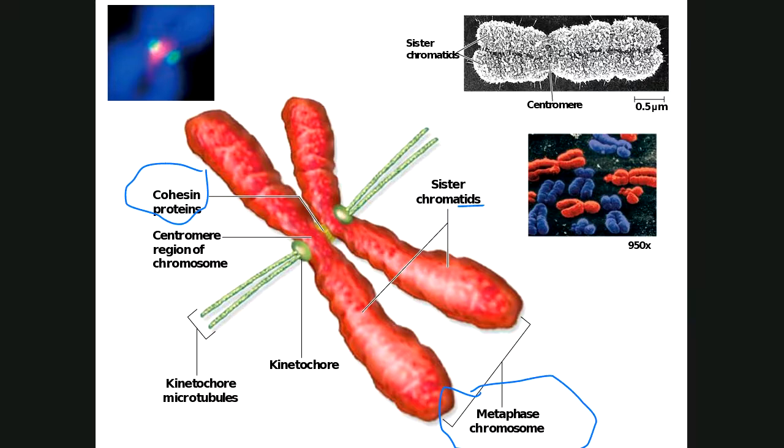All right, so chromatids only when they're bound to their copy, only when they're sisters bound together by cohesion proteins, and chromosomes when they're alone. Don't worry about what metaphase means. We'll get that in just a second. That's the stage that these chromosomes are in. Or one set of genetic information is a chromosome. All right, does that make sense? Because those chromatids, chromosomes, that can become very confusing.